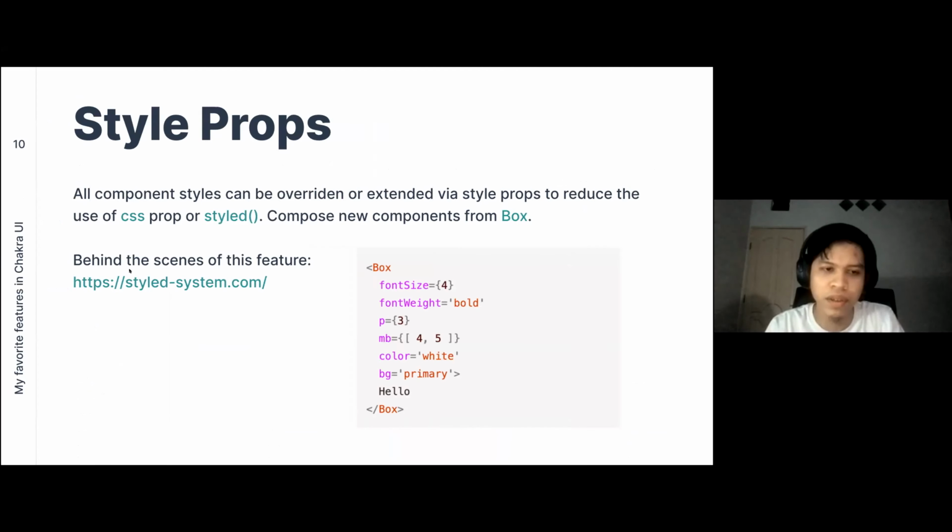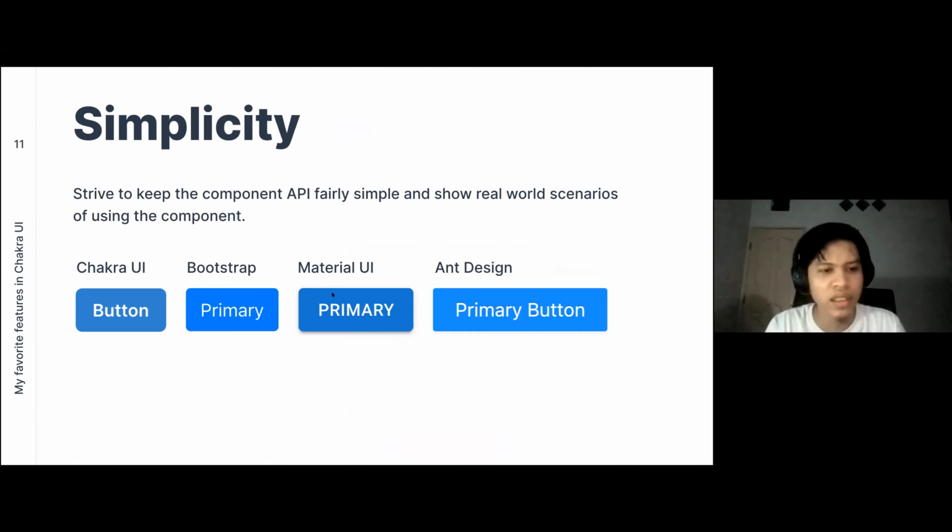If you want to implement this feature, behind the scenes of this feature is the style system. So we just need to install this, and we're able to use this feature. But in Chakra UI, all of the components are wrapped in a box, so we're able to write style props in their component. And the second feature is simplicity, because we want to build a design system from this component library,